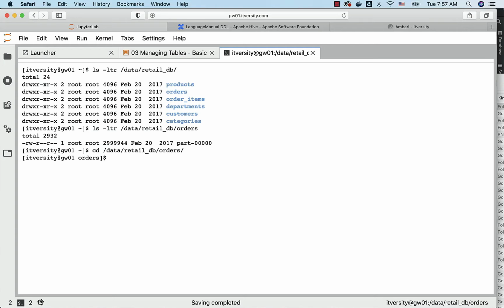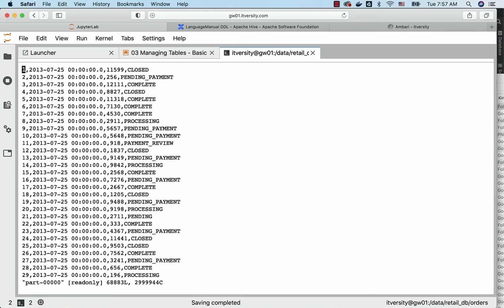That being said, as I am in the folder, now I can open this file to understand the file format. If it is a text file, you should be able to see the data like this. However, there will be a technical spec between the source and the big data developers team, and as part of the tech spec, they will tell what the file format is and how the fields are delimited within each record. In this case, the fields are delimited using comma. What should be the column names if the header isn't present? The column names will be provided by the source system itself, and using that you can create the tables.